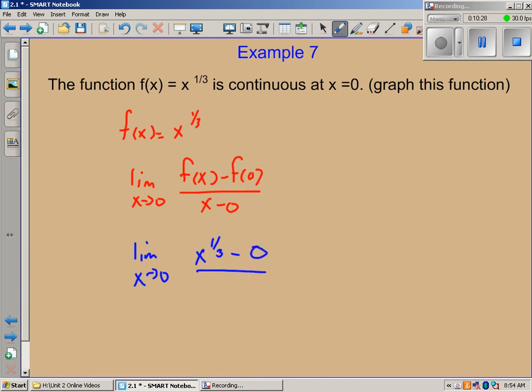And so now, with a little bit of simplification, before I do my limit process, I'm going to say, my limit as x goes to 0, this thing will simplify to 1 over x to the 2/3, which basically means now if I do my limit, this bottom part will become 0, which gives me 1 over 0, and right there, as soon as I see this, I know I have a vertical asymptote